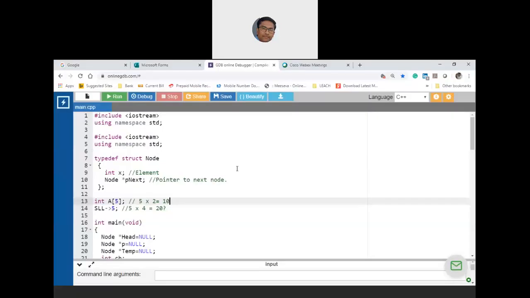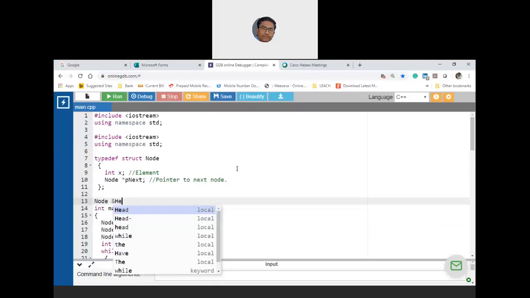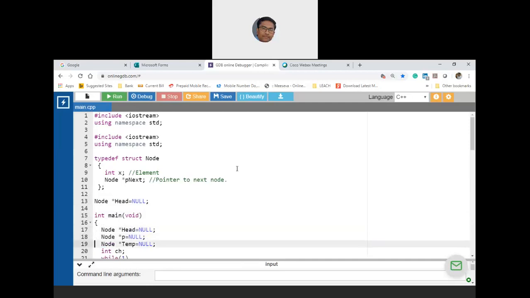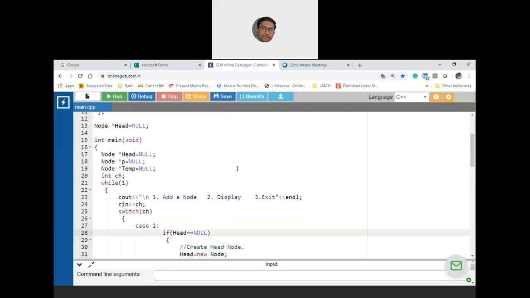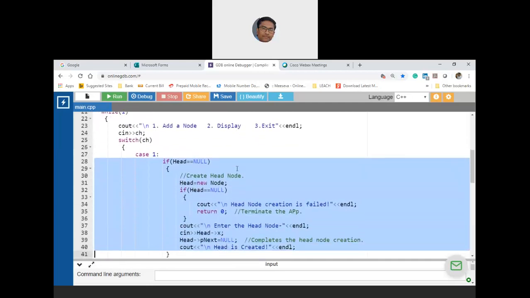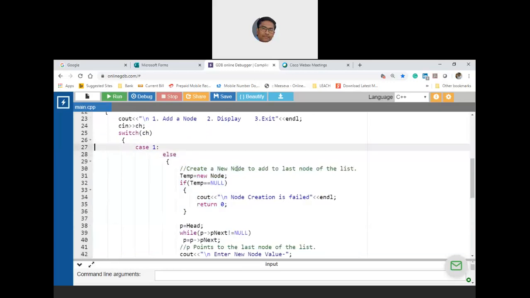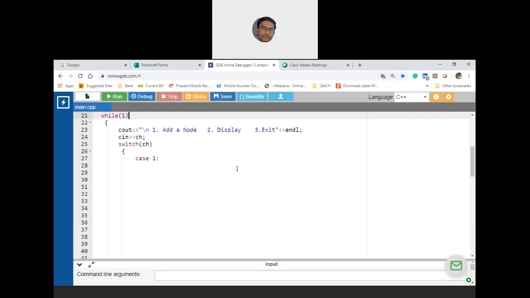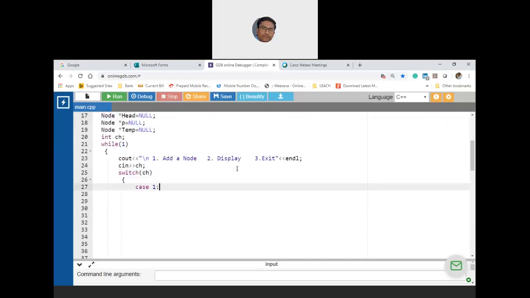You need to understand. Let me delete this here. If I define Node* head, which is initially pointing to null, and then use some sort of function, in case one you know that you need to create a head node.